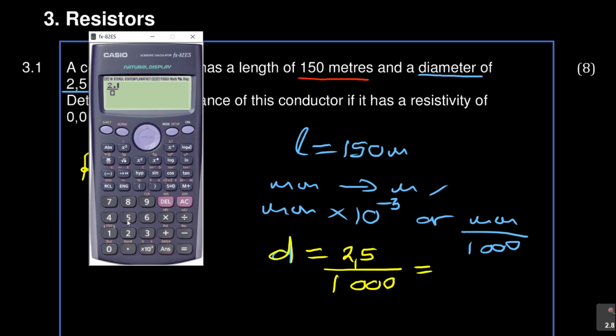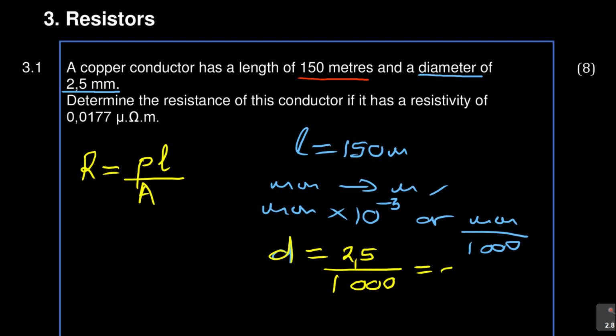So this is 2,5 divided by 1,000, equal to, press SD, which is 2,5 times 10 to the power negative 3. So it's 2,5 times 10 to the power negative 3. But what do you have now? It's meters. Now they say determine the resistance of this conductor if it has a resistivity, which is your P,